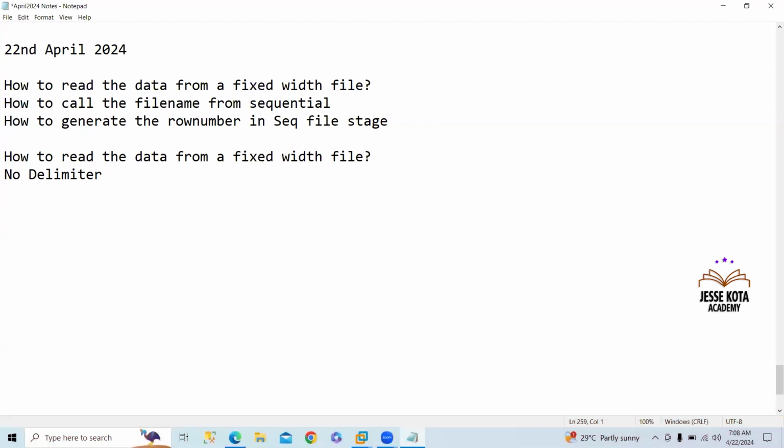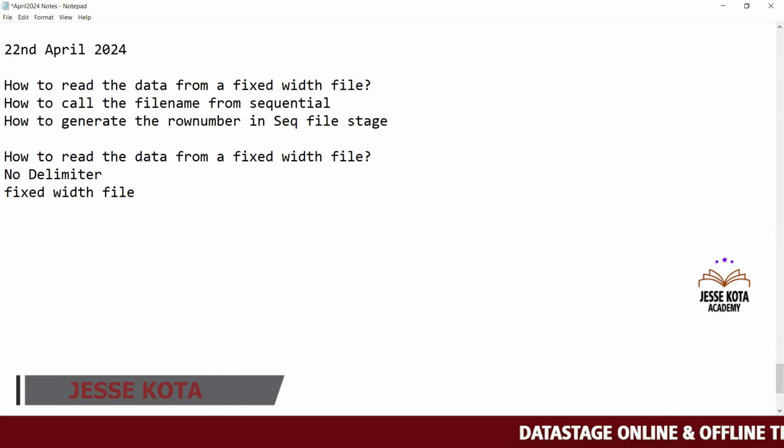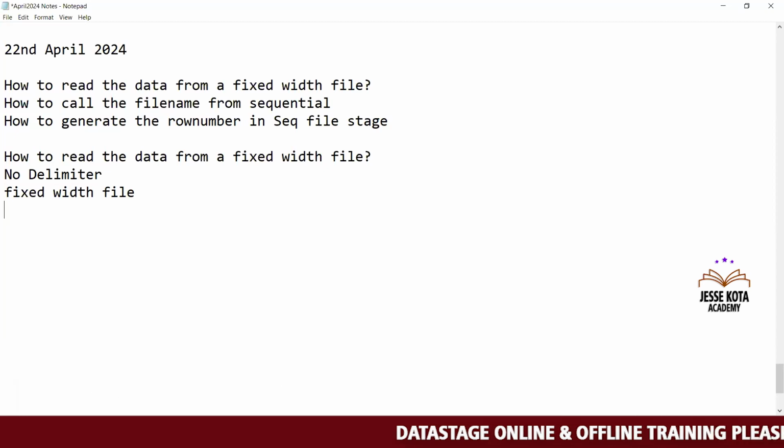If it is delimited, we need to know what the delimiter is and what the metadata is, so we need to check with them. Suppose they are sharing a fixed width file, what do we need to do? Here we need to get the file layout, because there is no delimiter in a fixed width file,